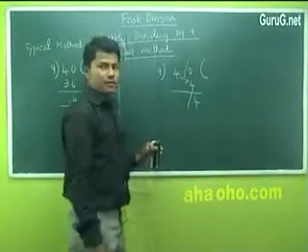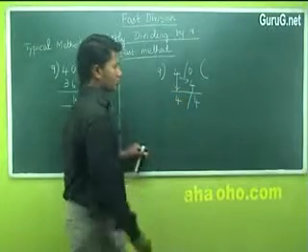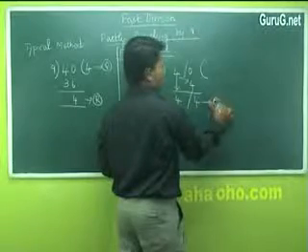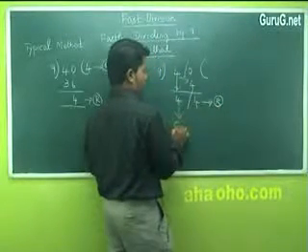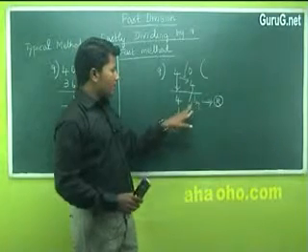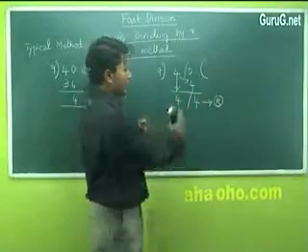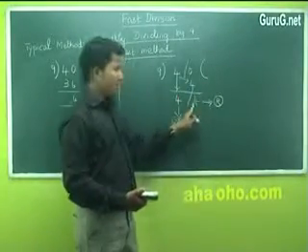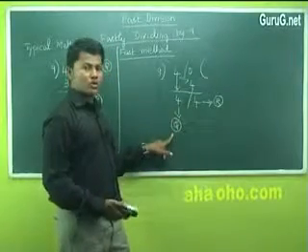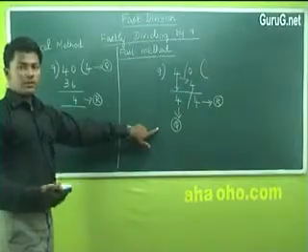Place a bar. Remaining number is 4. Bring it down. It is 4. So this is your remainder, this is your quotient. The number to the right hand side of your bar will be your remainder, and the remaining number will be your quotient. Fine? Is it corresponding with your typical method? Yes.